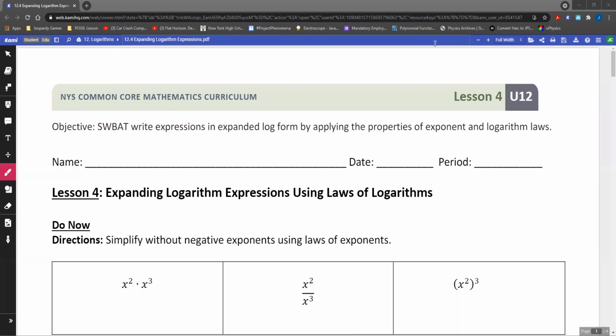Hey everyone, so we're going to continue our discussion with logs, and we're actually going to talk a little bit about laws of logarithms. So before we do that, let's refresh our minds with the laws for exponents. So if we scroll down,